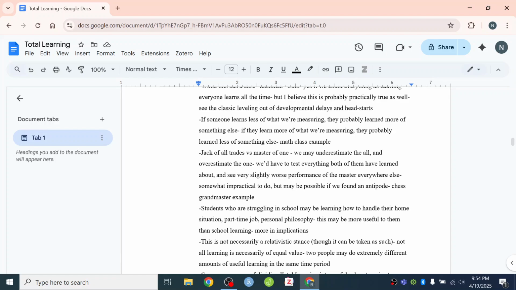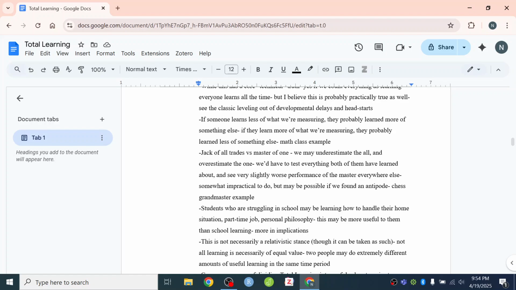The one student spends a lot of time learning about algebra, while the other student spends a lot of time learning about pop culture. Maybe we want to argue that one student's time is better spent, but which student do we want to argue is spending their time better? That's a normative statement. It's a value statement, but it is a conversation we can have. It's not necessarily a relativistic stance.